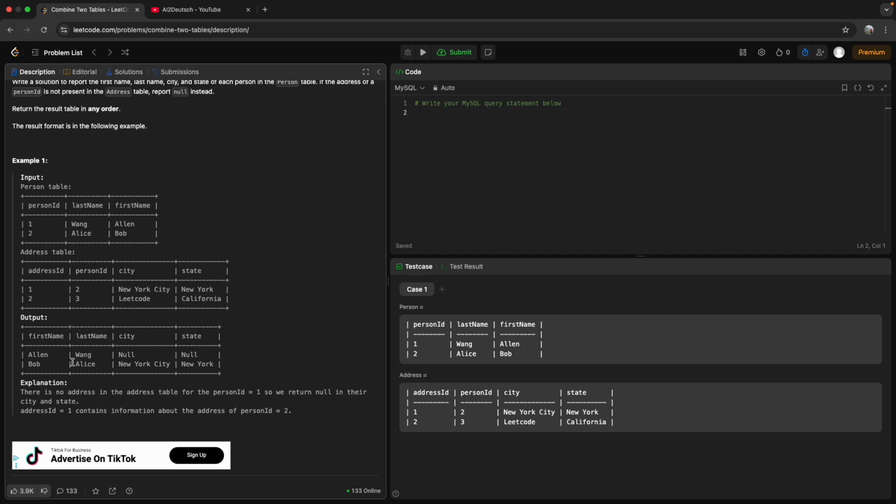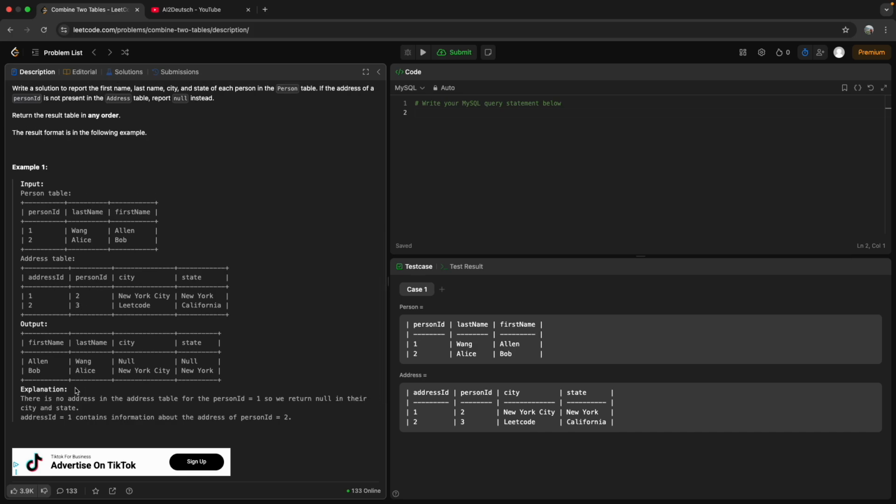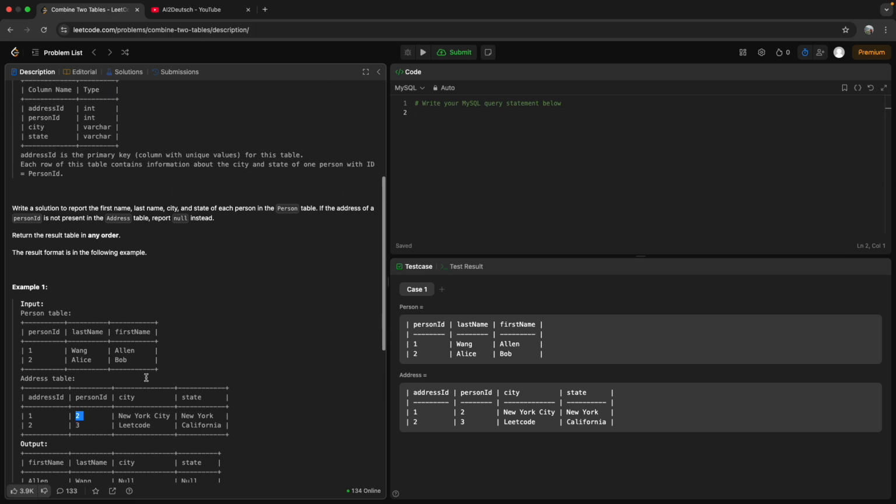and the output is basically, first name is Alan. Yeah, this one, because this person ID 1 we have to take anyway, because even if it doesn't belong here, that's why we have this null. And then we have this Bob, because Bob is also here. Person ID 2 is here, New York City and New York. So 3 we don't care about 3 here. Okay, so